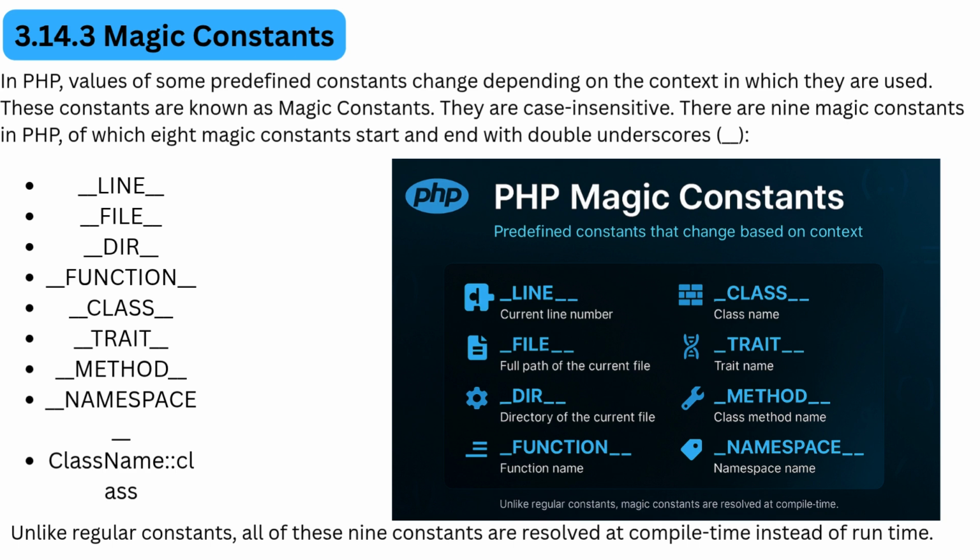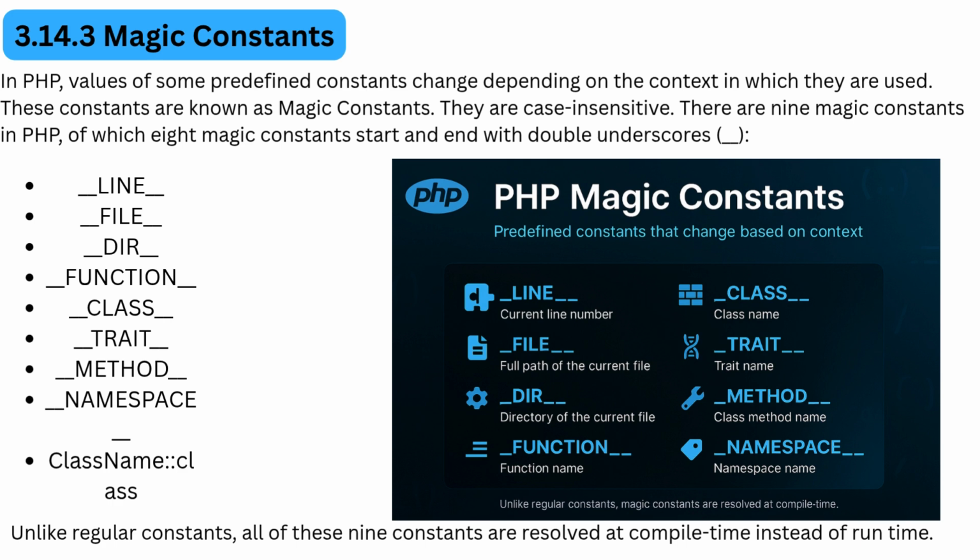First, we have __LINE__. This magic constant returns the current line number in the file where it is used. For example, if you write echo __LINE__ on line 10 of your PHP file, it will output 10. This is extremely useful for debugging because it helps you know exactly where your code is running. Second, we have __FILE__. This constant returns the full path and file name of the current file. So if your PHP file is located in